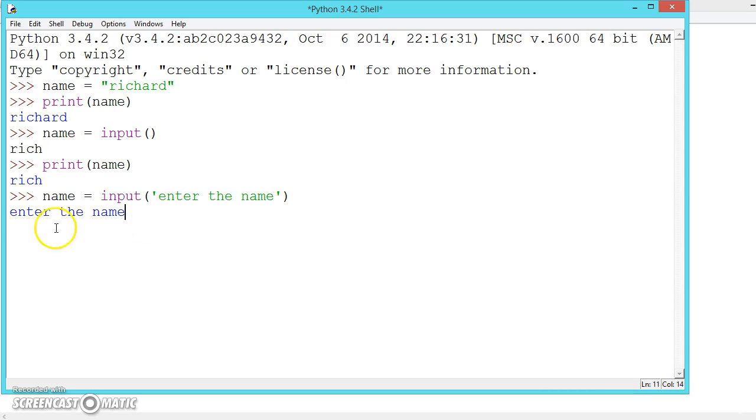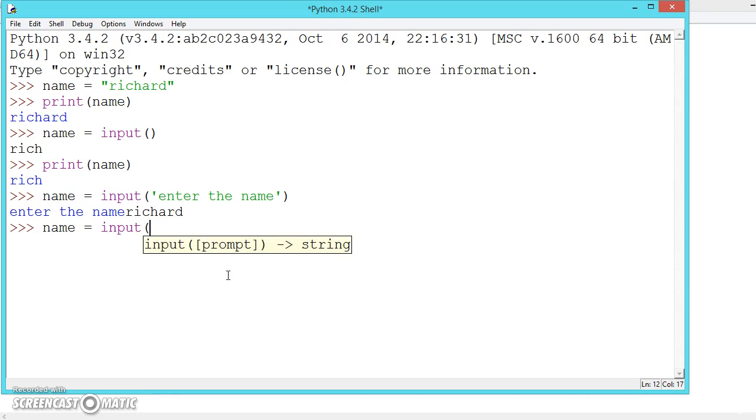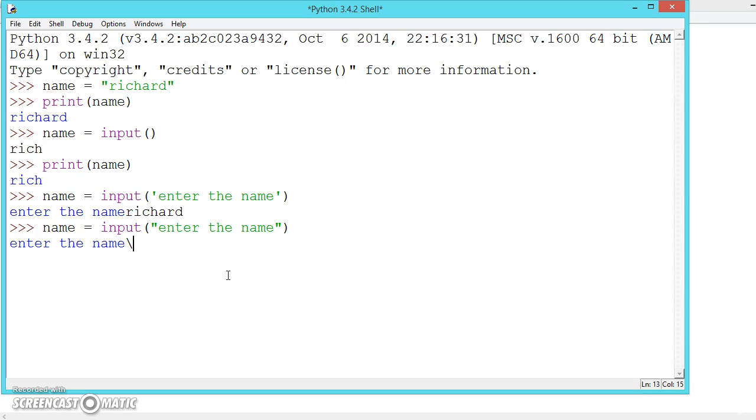Now the user will see "enter the name". Now he will enter any name, Richard. But here it is not giving any space. For that we have the escape sequence. Input, enter the name, escape sequence,